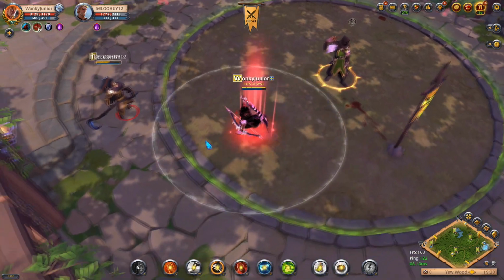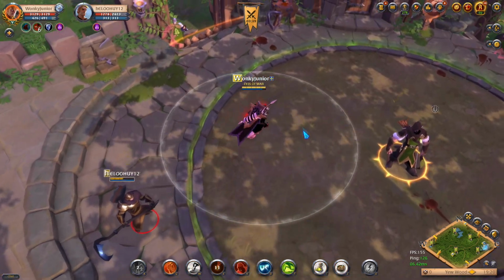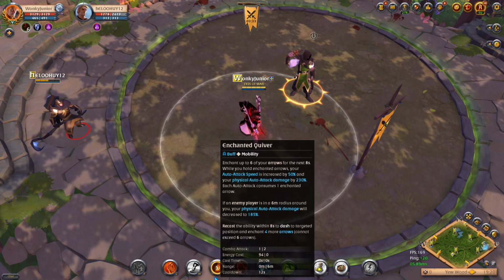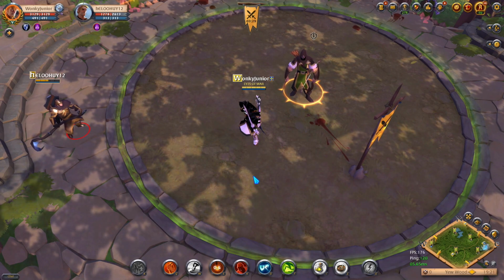And then lastly, if we press the E skill again, in a few seconds it will give us a quick dash, and we will receive 4 more enchanted arrows. So if we are quick, we can get even more damage increase. But usually the way it works is that we just activate this skill and then just spam our auto attacks